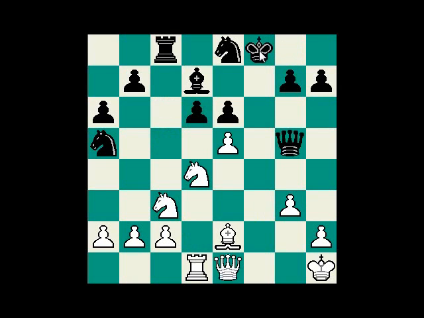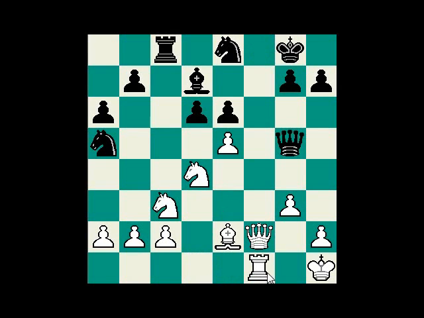So after king takes f8, White played queen f2 check, but the position is so bad for Black that White has a wide variety of winning continuations. King g8, rook f1, queen e7, bishop g4, now threatening bishop takes e6, and because of the f8 square being on guard,